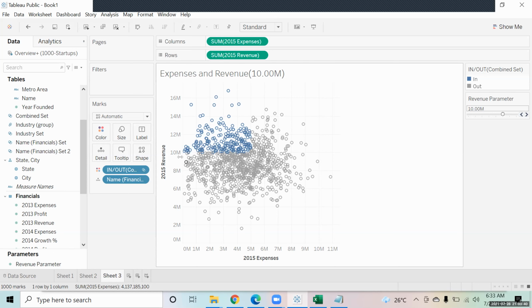Do you have any exercise for sets and grouping? Because if we work on it then and there, we can remember things. I'll share that. In fact, if you want, you can do it yourself from the sample Superstore data, the exercise that you worked on yesterday. You can try to find which customers have given you profit of more than 5,000 or 7,000, and highlight those customers, or highlight those customers who have given you sales of more than a certain value. You can try that on the Superstore data set.